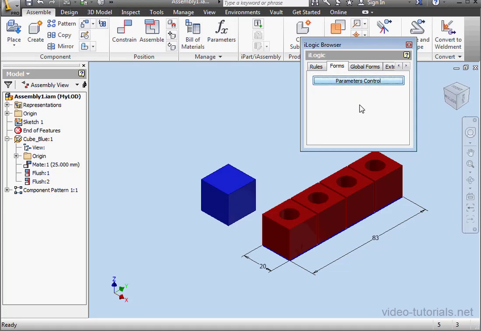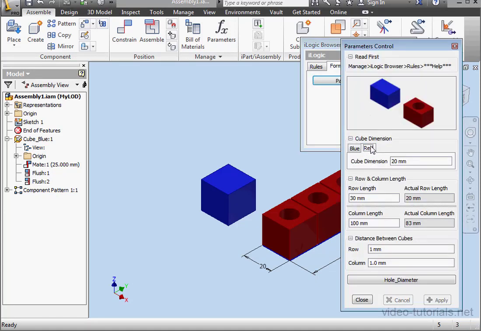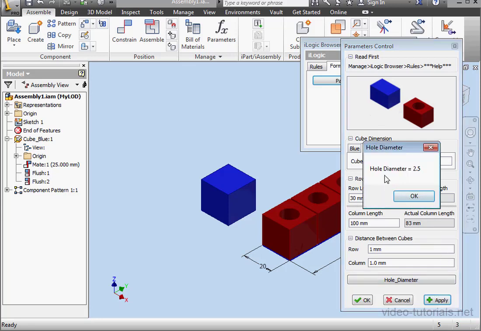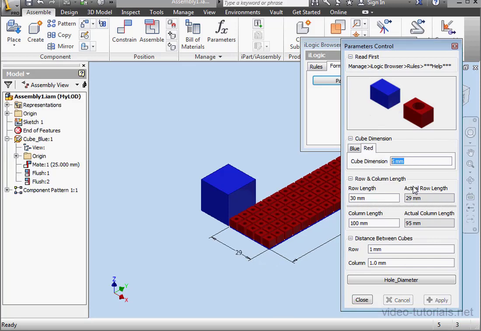Let's click OK to test our program. Open up the form, go to the Red tab. Let's make the cube dimension 5 mm. Let's click Apply. Here's our message box. Click OK. And let's close the form. We're going to go make